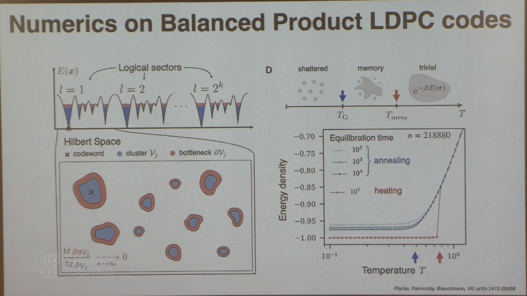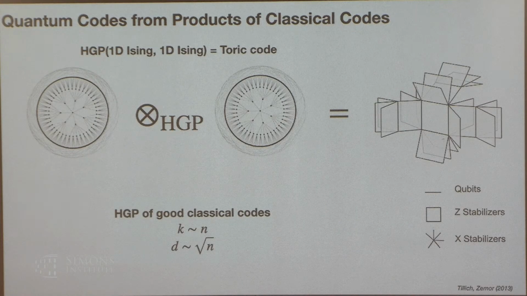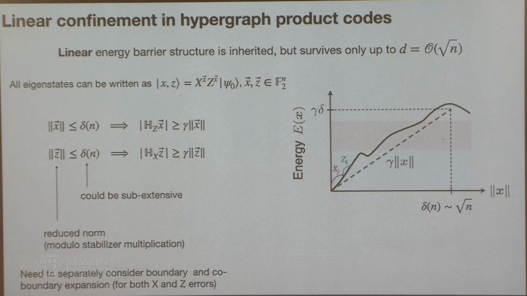I said in my talk that I had a theorem that I proved, that there were these topological spin glasses, and actually you can prove them using hypergraph product codes. In hypergraph product codes, you can take hypergraph product codes of what are called Gallager codes, or good classical codes. In those cases, you can directly say there are no redundancies. You can make this gamma parameter for the classical code as strong as you want, and the quantum code inherits that. So now I have eigenstates, which in stabilizer language can be written as acting with Pauli X or Z operators on some ground state.